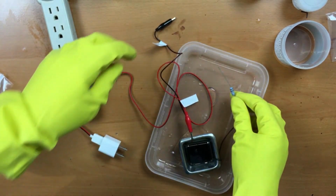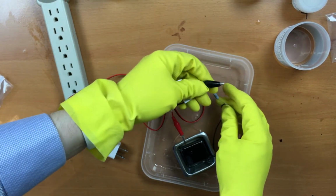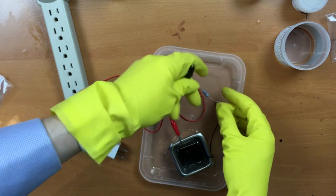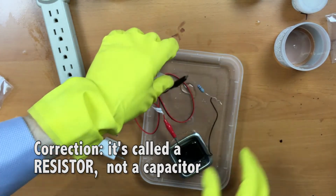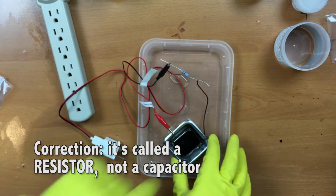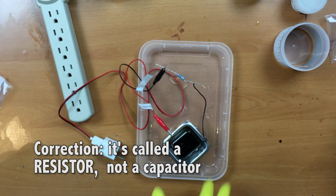And then I'm going to take the other side, so not this side where it's twisted together, but the other side of this thing, which is the capacitor, and connect it like that. You'd be like, what is this for? This seems kind of complicated. Well, I guess it is a little bit,